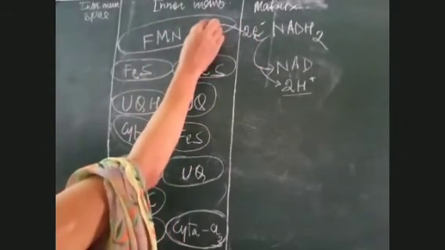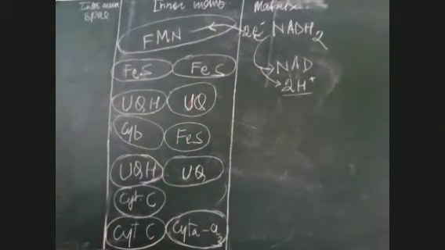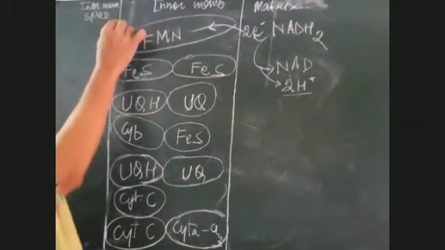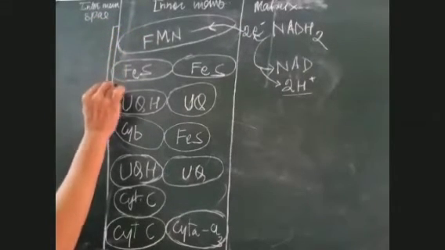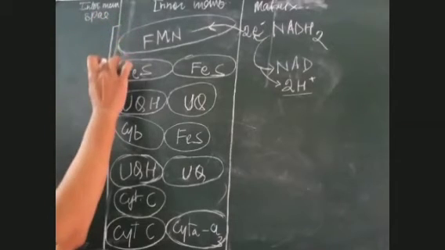After this, it travels. Now, one thing more before I start this traveling story of the electron, I would like to tell you, all these electron acceptors are divided into complexes. In some books, you will find 5 complexes. In some books, you will find 4 complexes. The number of complexes given to us in the NCERT book is 4, so we'll go by that. Now, this is the first complex which is formed, complex 1.